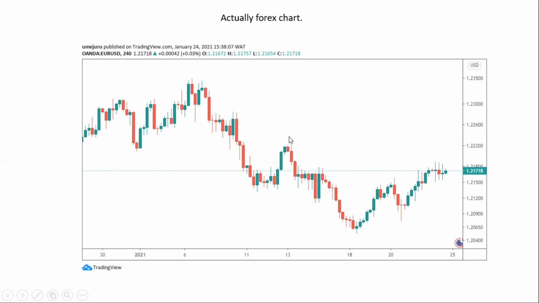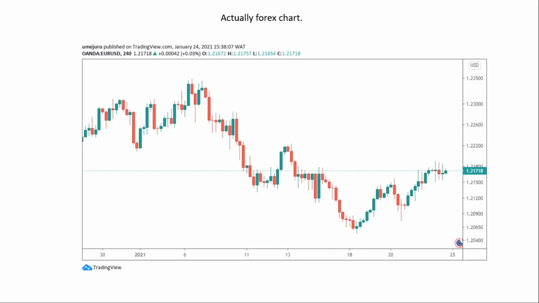Most of you who are beginning Forex may not know exactly what this is. Some of you may have seen it here and there. By the end of this introductory series, which will not be too long, maybe two, three, or four videos depending, you should be able to tell what these are and what they mean. That's the objective of this series: to provide a robust introduction into Forex and Forex trading.